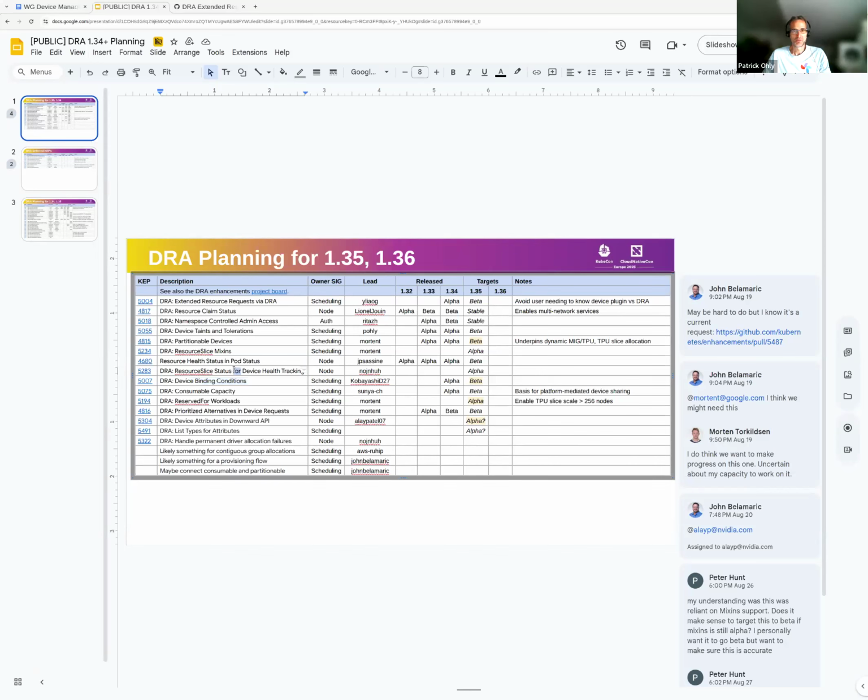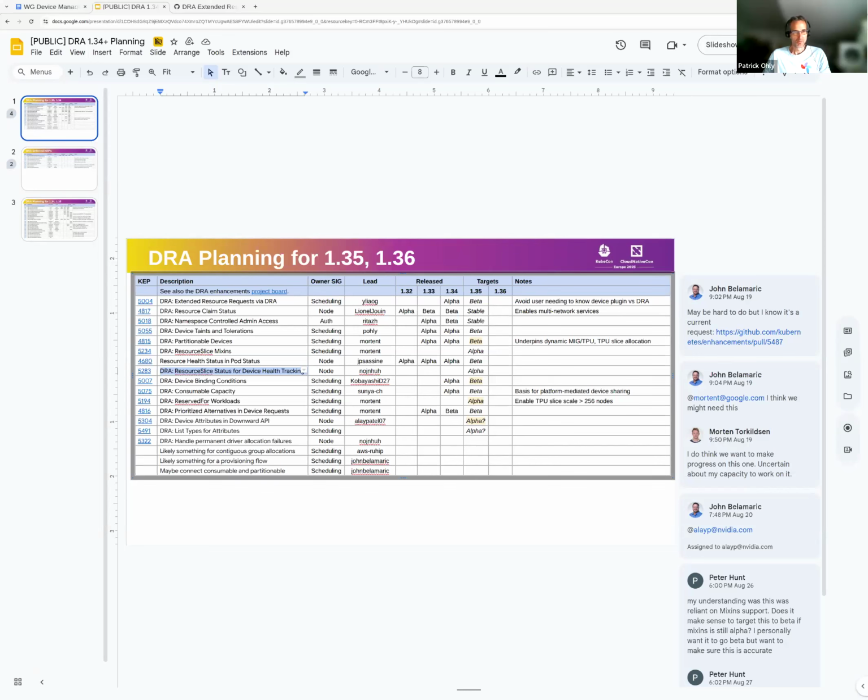And here's the one above that. That's the one that I mentioned with device health. John's idea was to do it in the resource slice status, but I think we've moved away from that. So this cap actually might not be relevant anymore. So if we have some time, let me ask about how we represent resource claims and allocations of the resource claims to devices, because we keep both in the resource claim object.